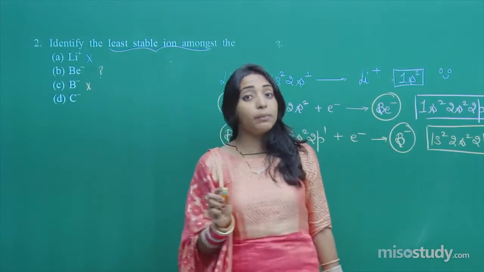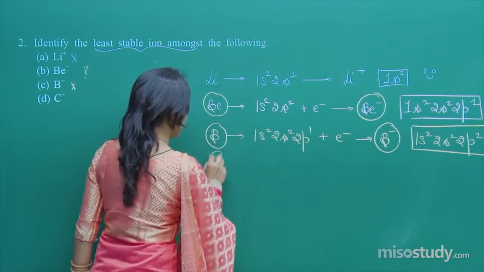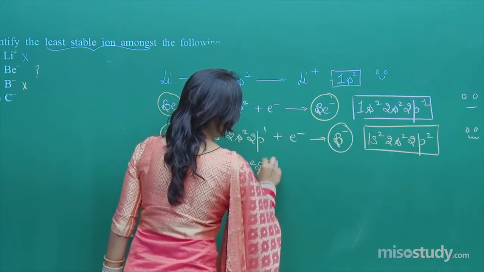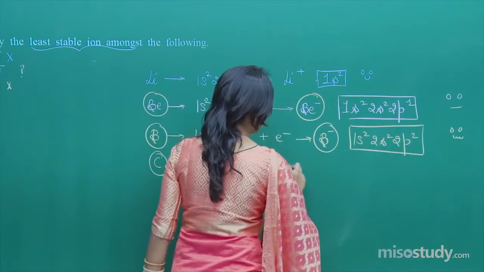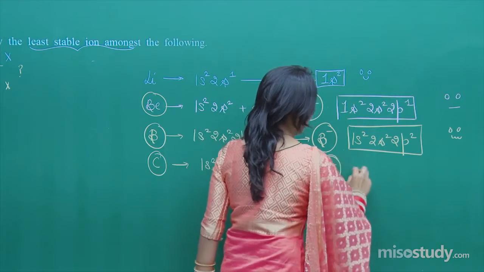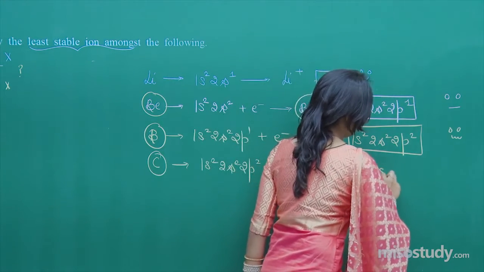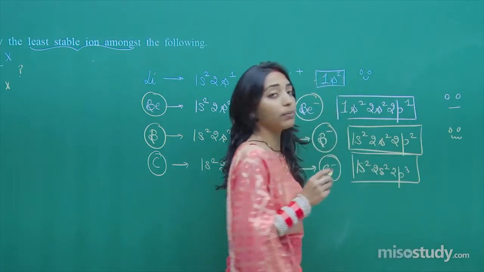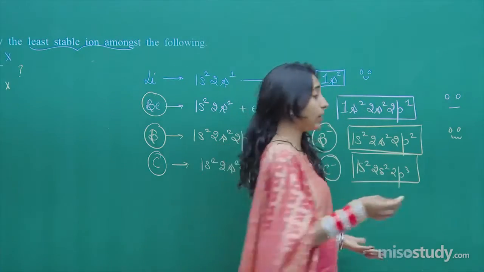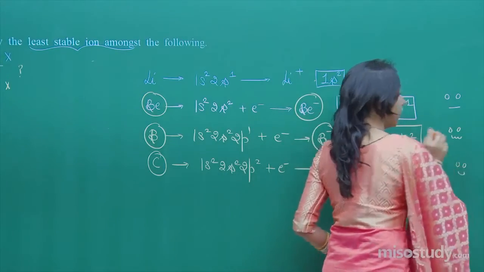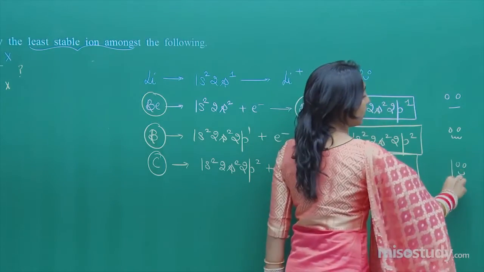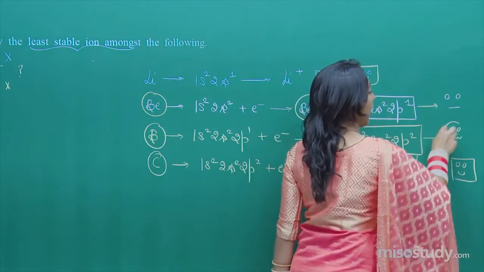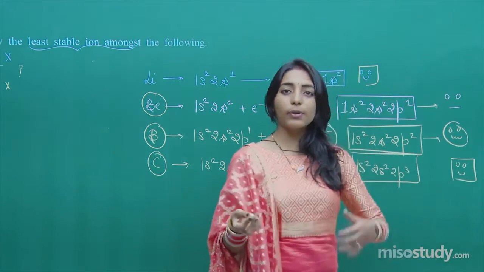Now moving on to C minus, so carbon was 1s2, 2s2, 2p2. Now it accepted one electron to form C minus, which is 1s2, 2s2, 2p3. And now carbon says, whoa, I am half filled, exactly half filled, so I am very happy. Right? So carbon is out of the box because happy, happy. Out of these two, this is still happier because earlier also it was happy, now it is happy.